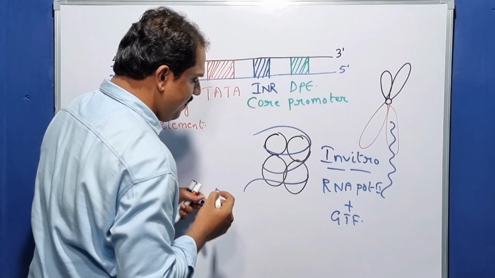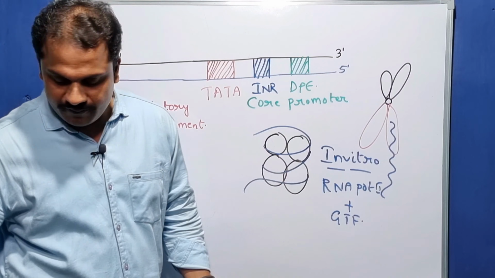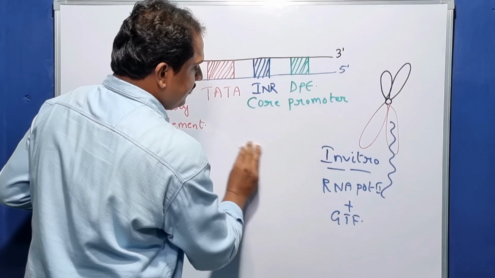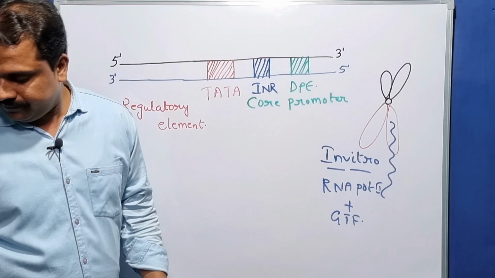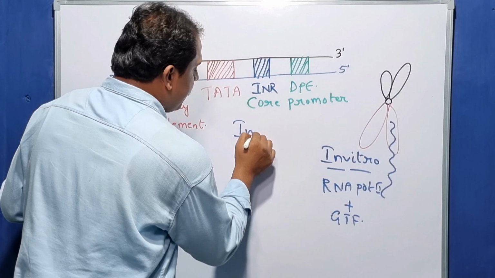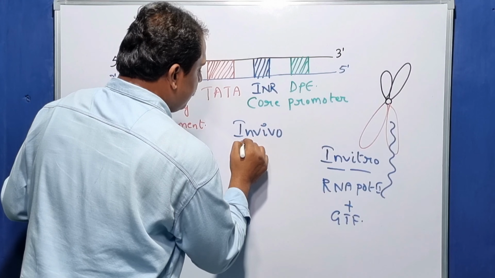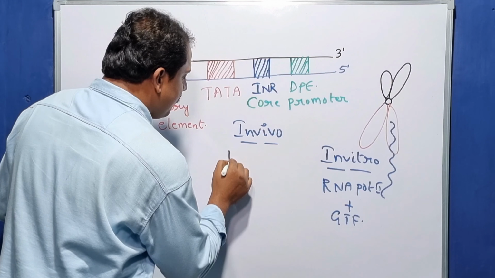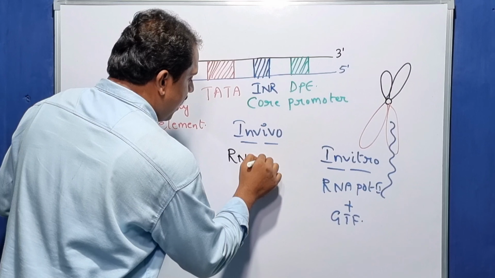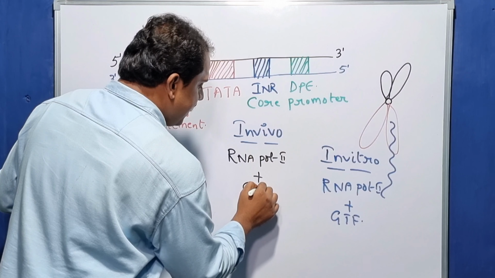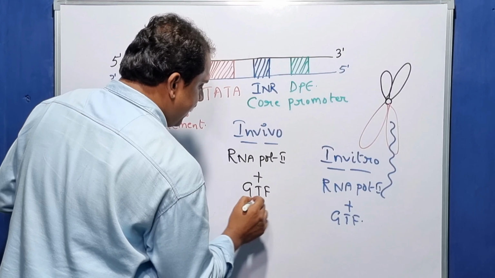But under in vivo conditions, the transcription mechanism takes advantage of RNA polymerase II and in addition general transcription factors, and in addition